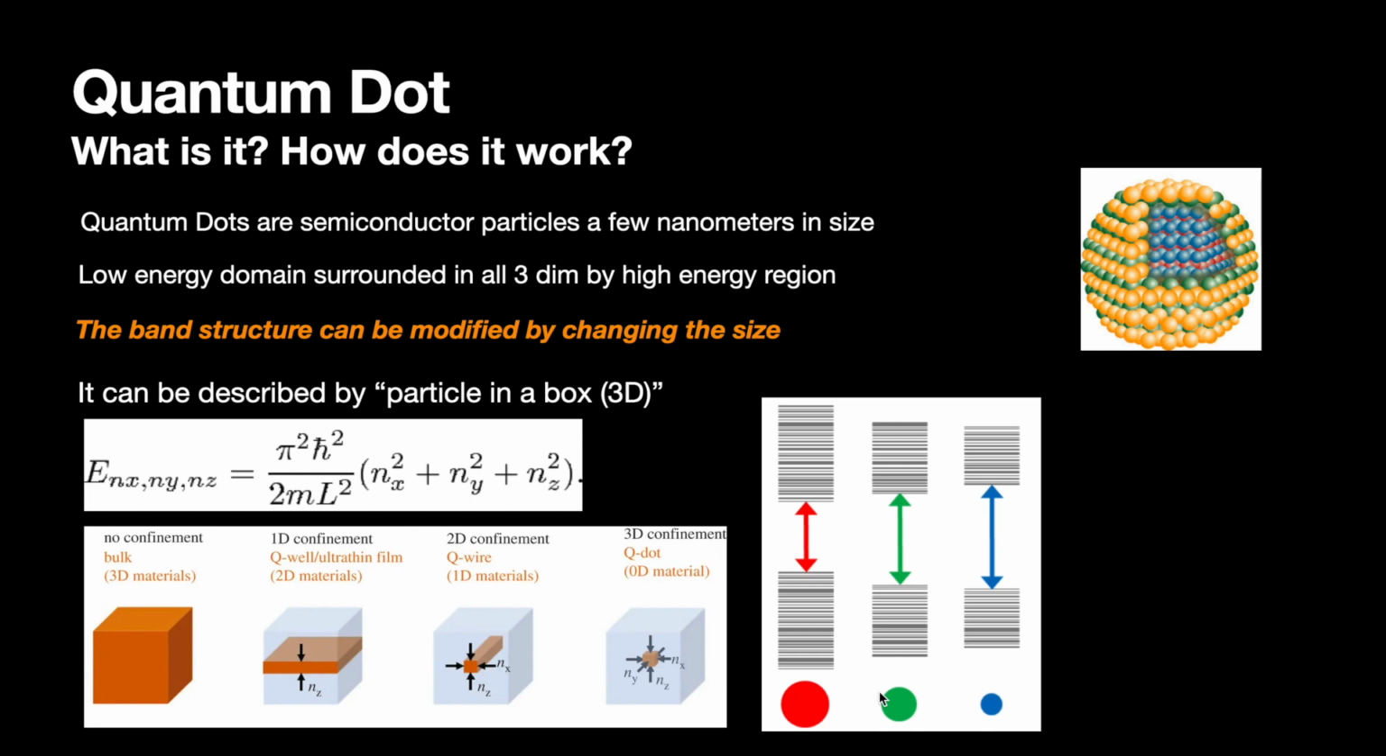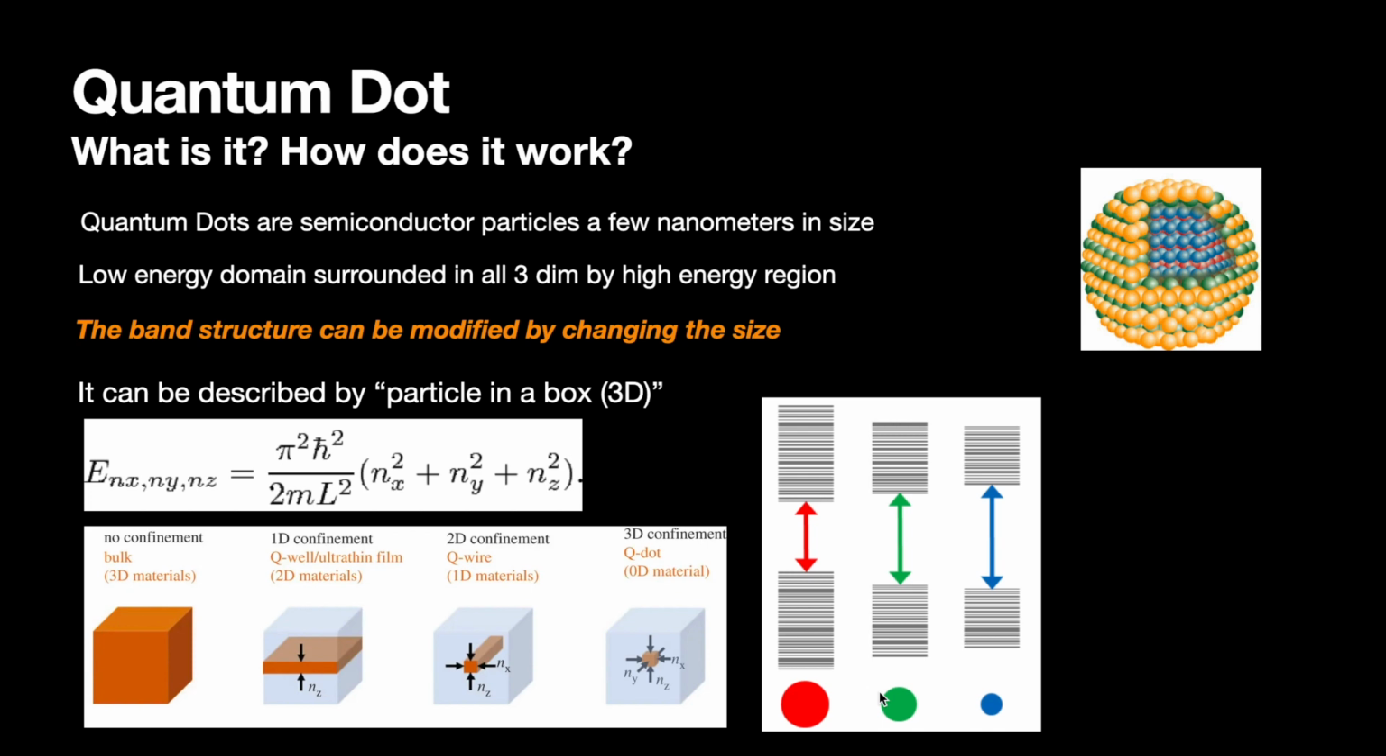It may make you think about a model that we learned in class, which is particle in box. That's right. We can describe this model, the quantum dot, by particle in box, and we all know that the energy level can be described in this equation. And by looking at that equation, we notice that indeed, by changing the size of box, that is L, we can change the energy level. That is, we can modify the band structure. As you can see at the bottom right,